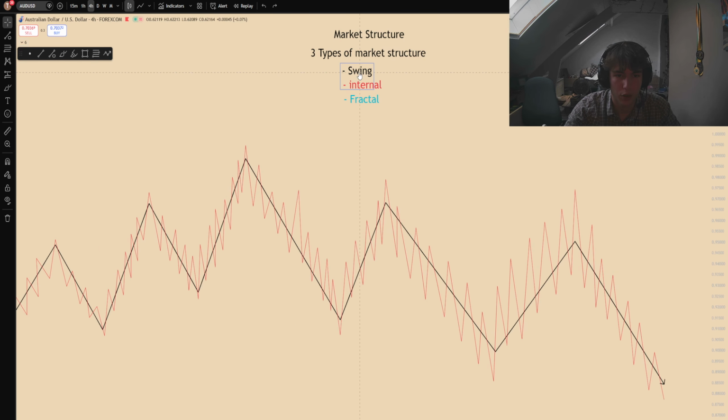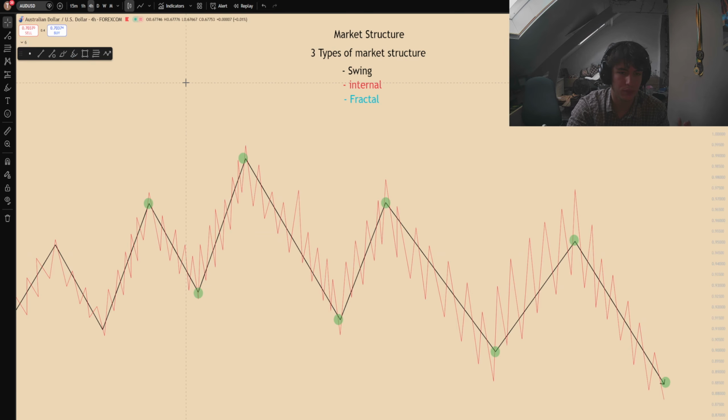First of all, we're going to talk about swing structure, which is the black line. As you can see over here, swing structure is the overall trend and the overall intention that the market has on the larger scale. What we can see here is that we create a high, a low, a higher high, a lower low, indicating a trend reversal. Then you can see again, we get a continuation of a lower high, lower low, lower high, and then eventually